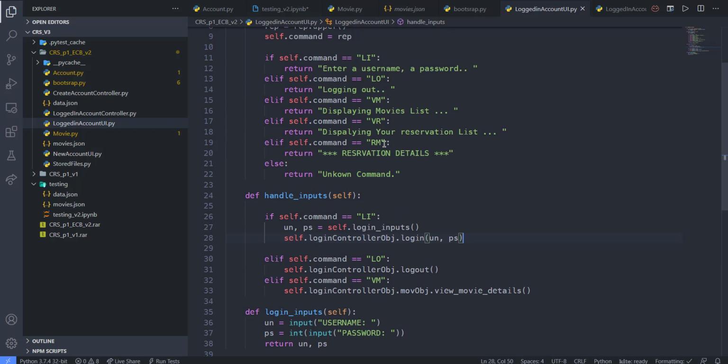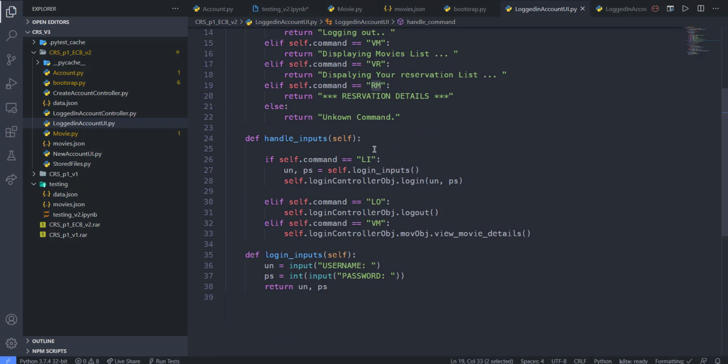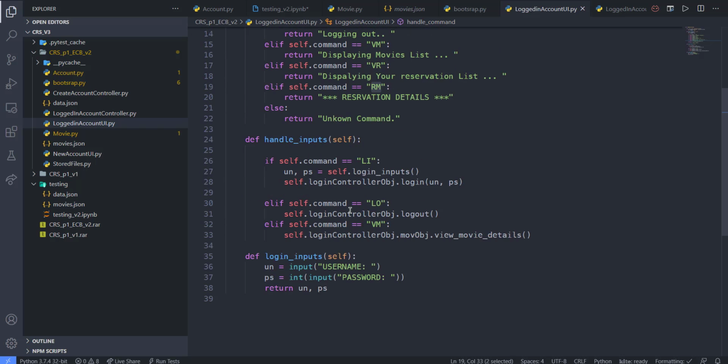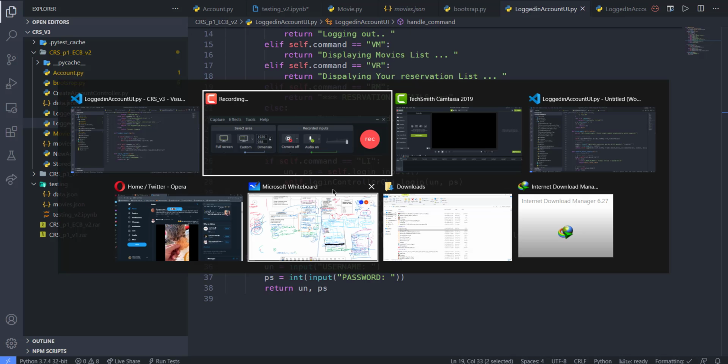Right? Before we do view reservation, we finished the view movies. Let's talk about the reserve movies. Let's see how we can tackle this. So as we said, in reserve movies,